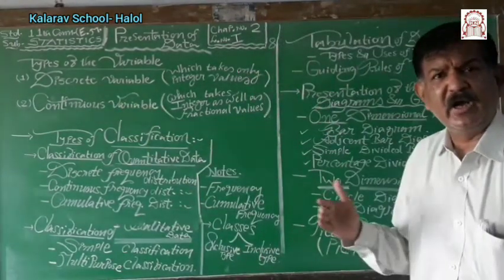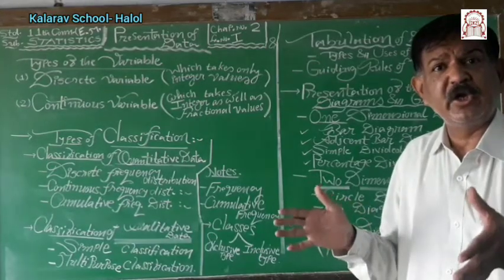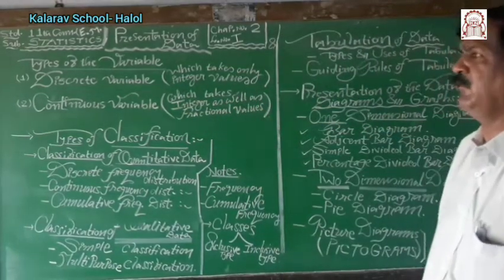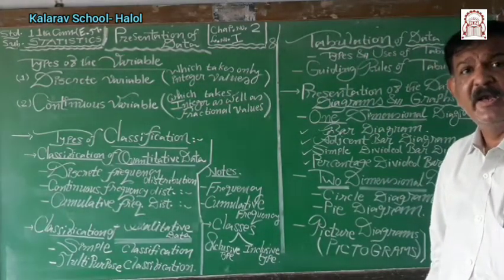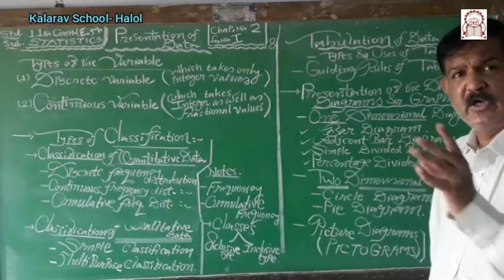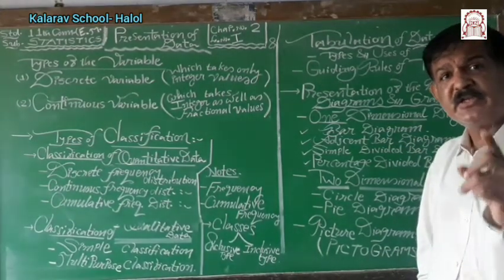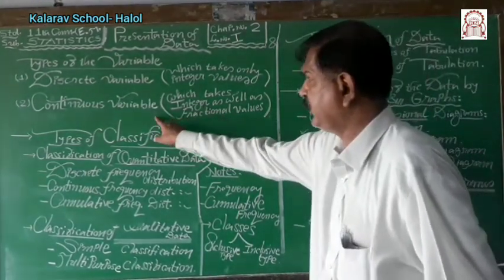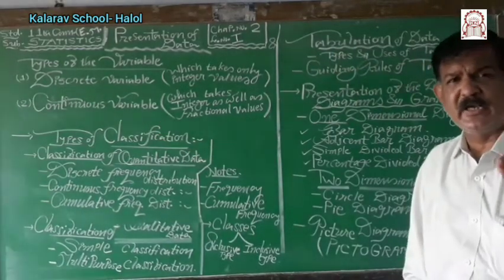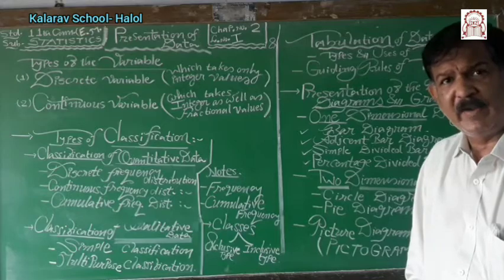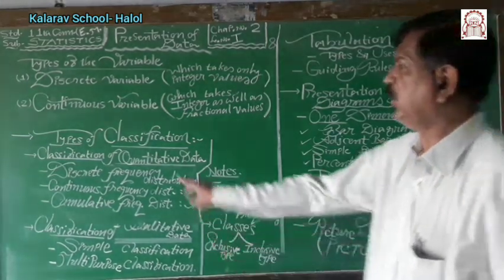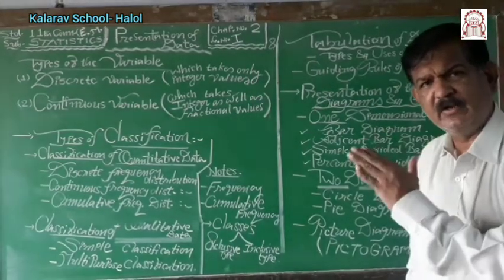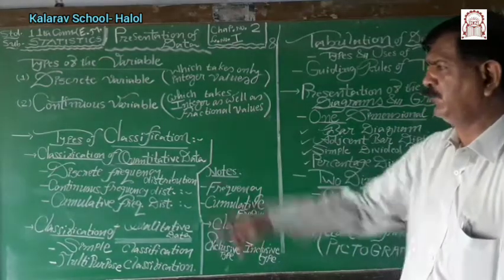Number of the accidents occurring on a particular crossing on a particular day, means they are discrete, which takes integer values. While continuous variables like height, weight, temperature, rainfall, production take integer values as well as values in fraction, and that is why they are known as continuous variable. 60 inches and 2 centimeter means point value, decimal point. In continuous variable, two types of values, integer values as well as fraction values, are involved.